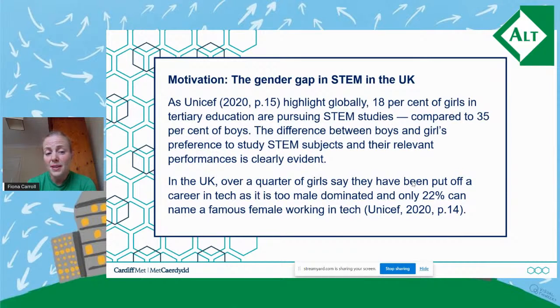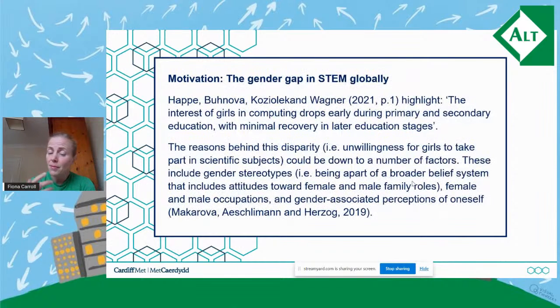Only 22% can name a famous female working in tech because they're clearly in the minority. Looking at it from a wider perspective, research is showing that girls' interest in computing drops early during primary and secondary education with minimal recovery. So that was a big rationale for us to go in and target year 4, year 5, and year 6,